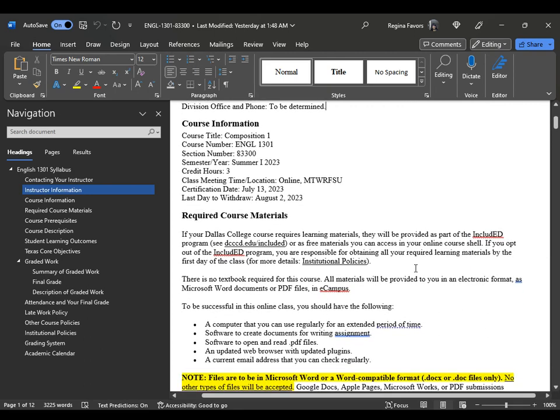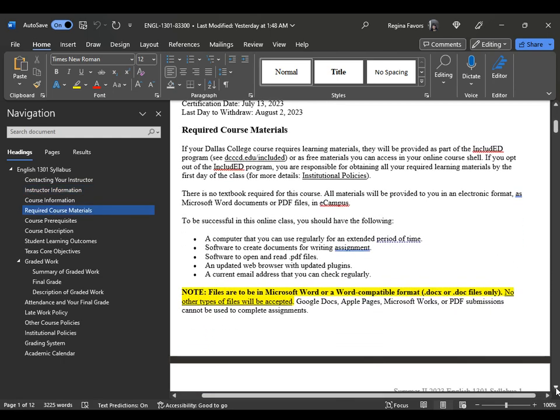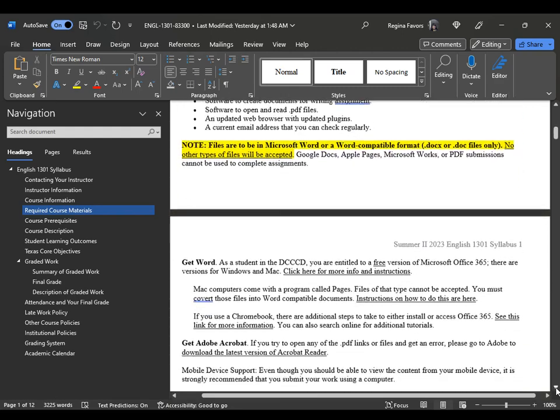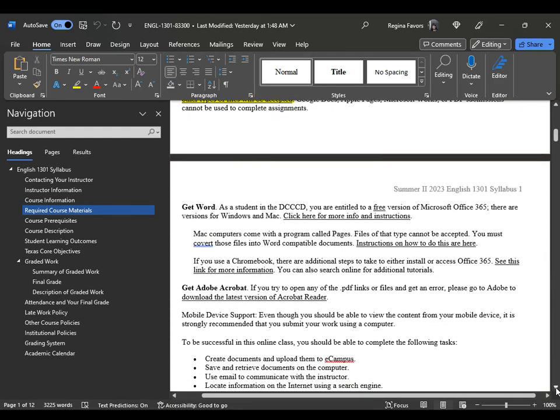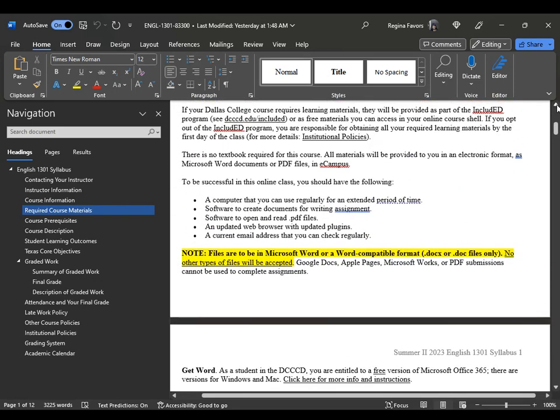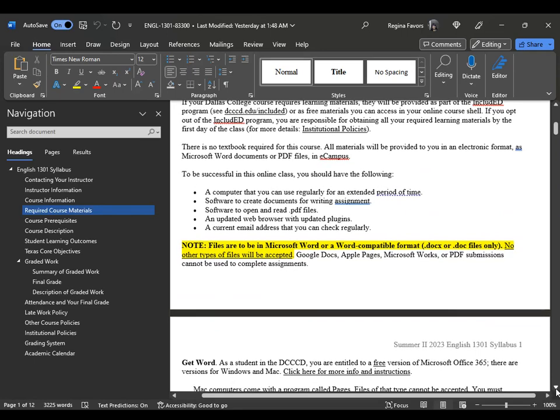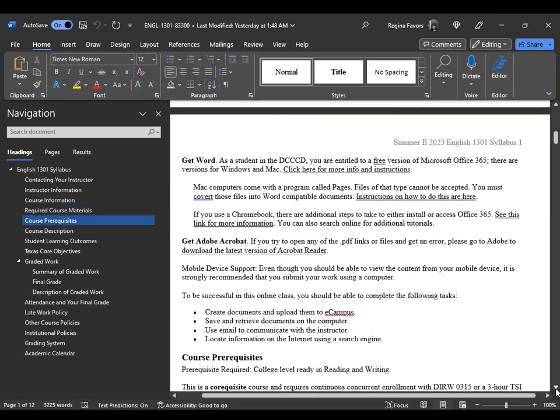There are no required course materials. Whatever you would have to do is housed in eCampus and it's part of the included. So if you see a required textbook, just ignore that. I did send out an announcement some time ago regarding that. This is summer two. There is some additional information that is pertinent to you as a student, so I'll let you research that on your own, but that's information about how to get Microsoft Word, how to